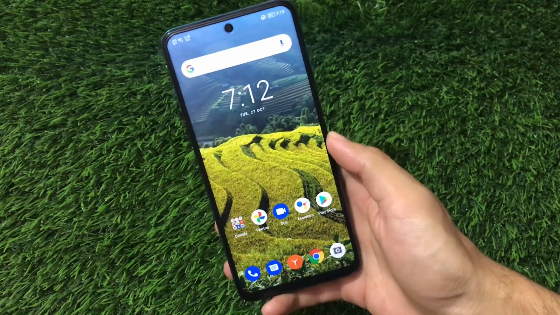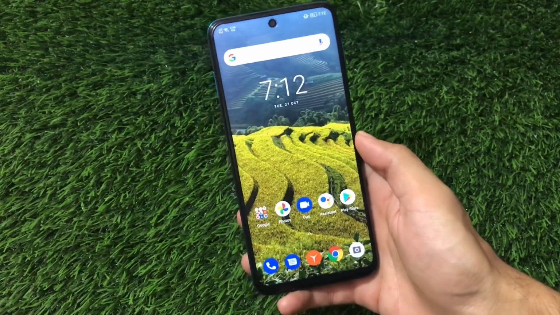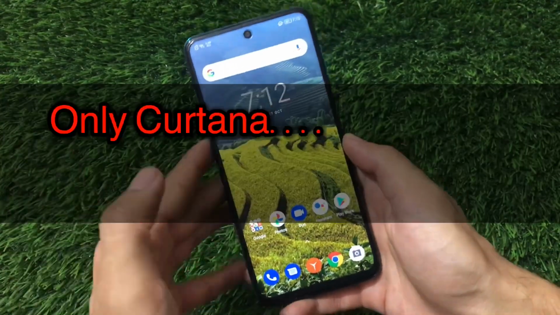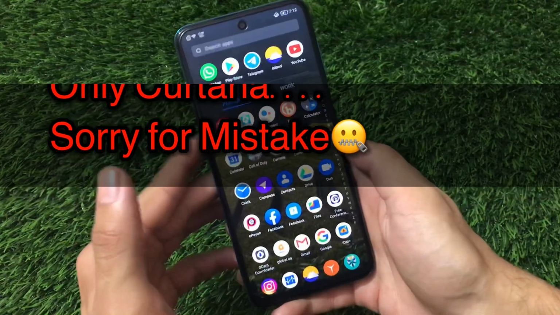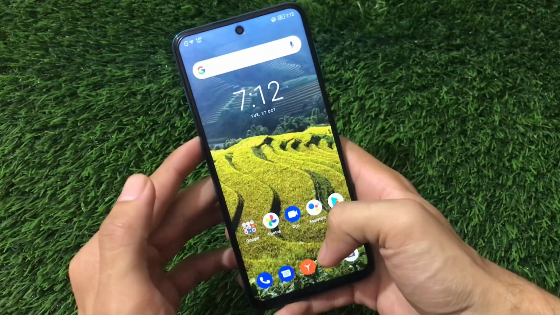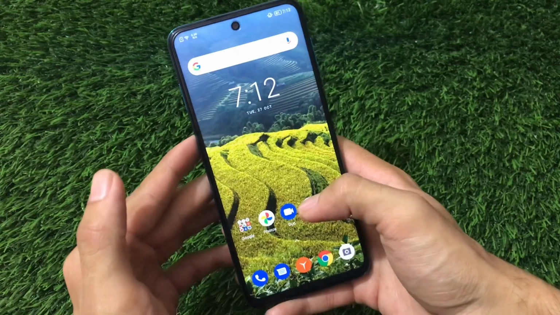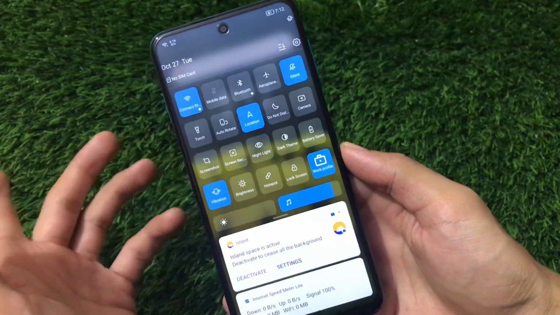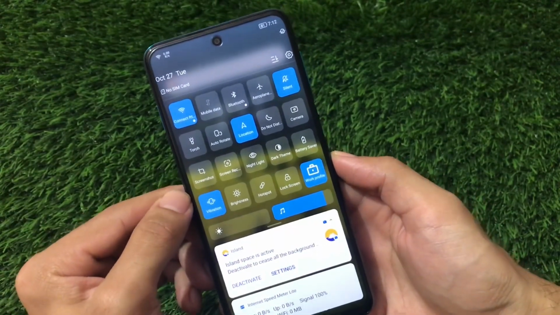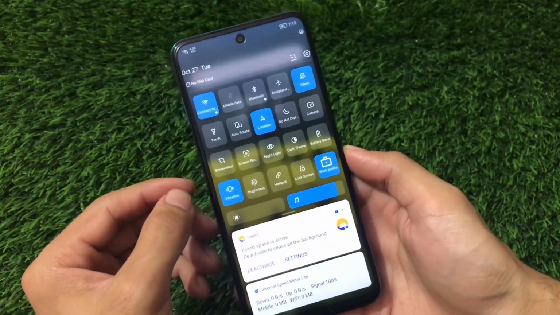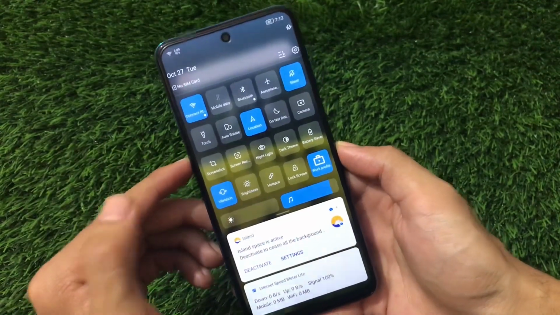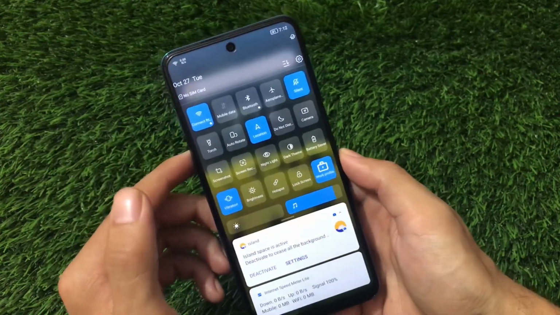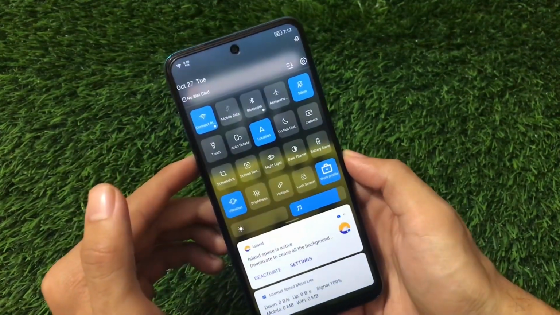If you're looking for a very interesting ROM for your Redmi Note 9 Pro, Redmi Note 9s, Poco M2 Pro or Redmi Note 9 Pro Max, or you can say for your Miatoll device, you can install this build, which is called ZUI 12 by Lenovo Legion, and this is a very interesting ROM. It has a very cool UI, as you can see, some cool and very interesting features, and one of the most awaited features, the 144 Hz refresh rate, which of course is not working at all, but there are a lot of things to show you in this video, so stay tuned and make sure to watch this video till the end.